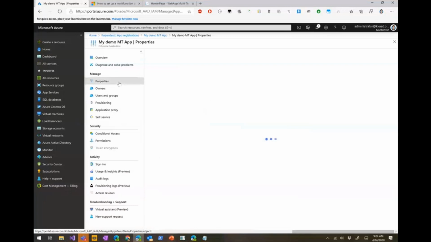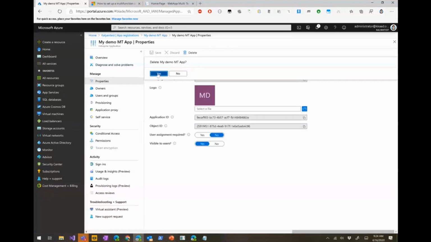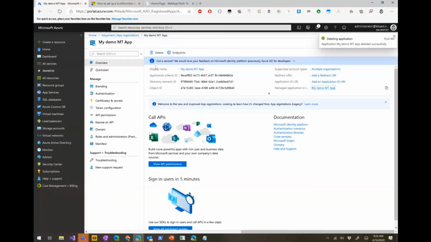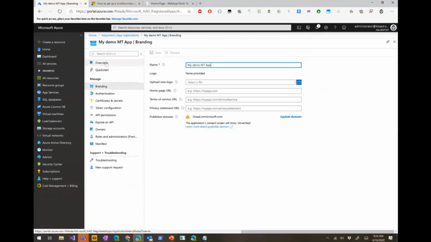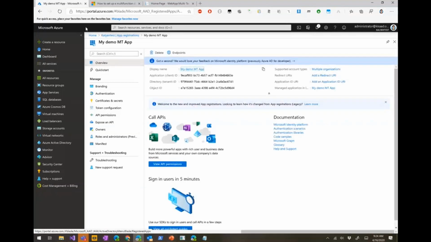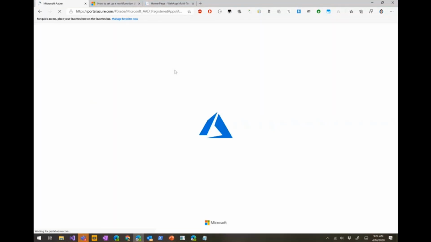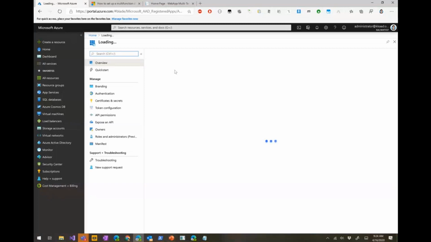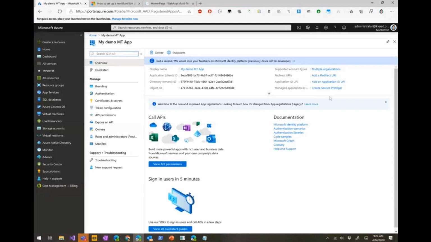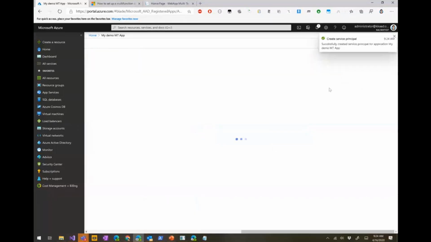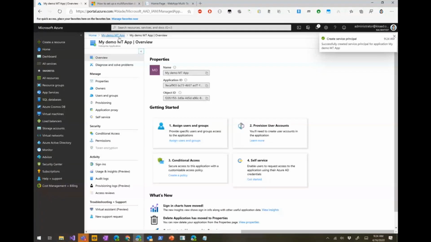Now if I delete this and refresh this page, the link on the top has changed from a link to the service principal to an option called create service principal. So if you don't see a service principal, just press this button and it will create one for you automatically.